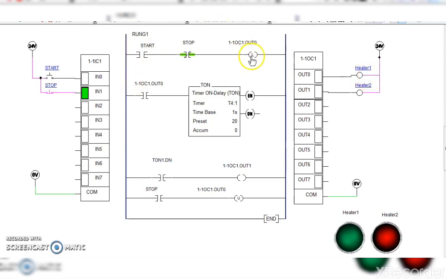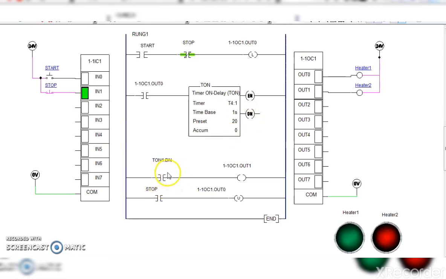Okay. Then at the same time this normally open switch will get closed, because it is the same latch coil. Okay. When it gets energized, the timer will be started and the accumulated time will start increasing. From 0 it will become 1, 2, 3, 4 in steps of 1. When it is equal to 20, that means the accumulated value is equal to the preset time, the done bit will be energized. This done bit being energized means wherever the done bit is in the next rungs, it will change its position.